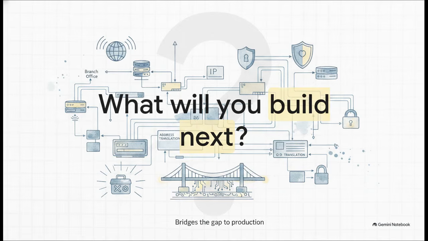By mastering these real-world Chapter 19 configurations, you're no longer just memorizing syntax. You are bridging the gap to production. You are provisioning branches, securing access, translating addresses, handing out IPs, and troubleshooting like a pro. You're engineering real solutions. So the only question left to ask is, what exactly are you going to build next